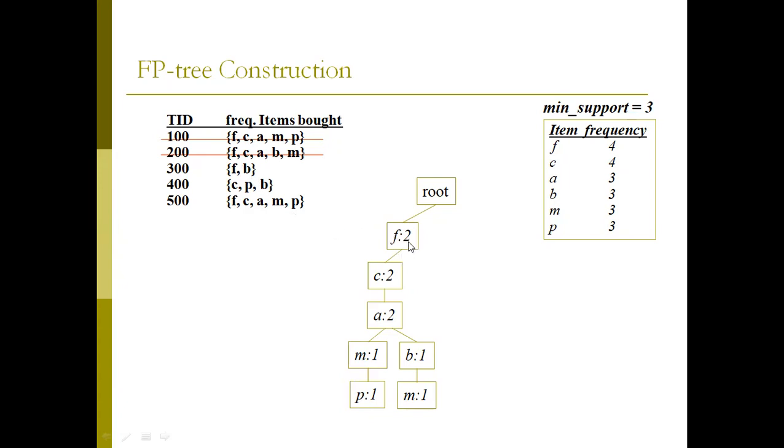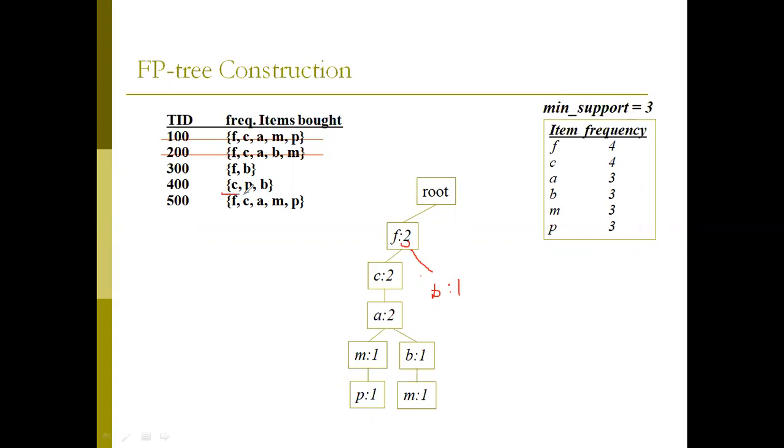Where is F? And here you want to create a B, in the sense, automatically you need to take a right child, and here you can represent the B. And how many times is B visited in this path? Only one time. But the F value is increased to 3. F B now, so like this.